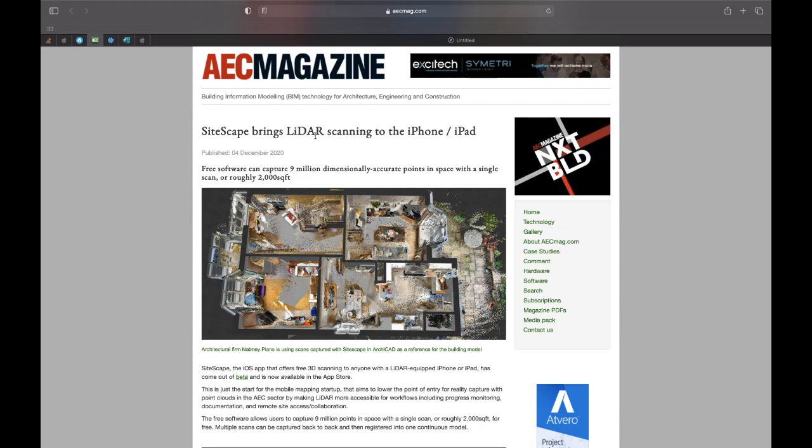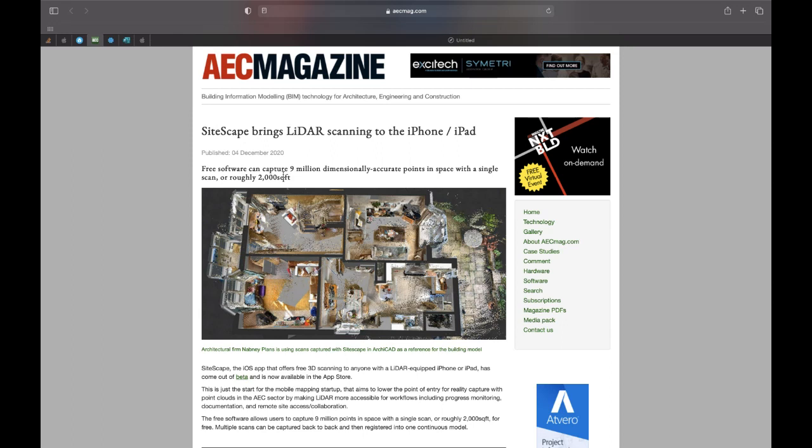I can't tell you how much I nerded out when I heard that was coming, because as someone who's been studying the game, I already knew what LiDAR was before it was in the iPhone. So when I found out it was in the iPhone, I was like, whoa, that's a huge deal, because that's a $70,000 sensor.